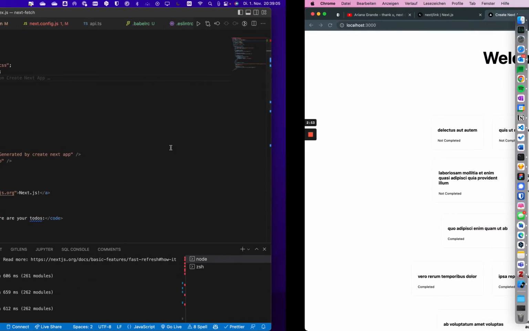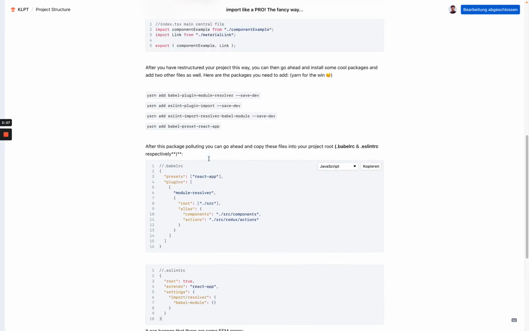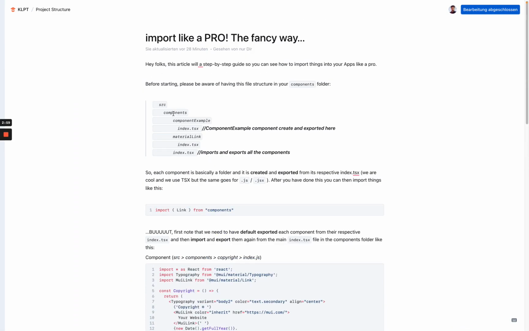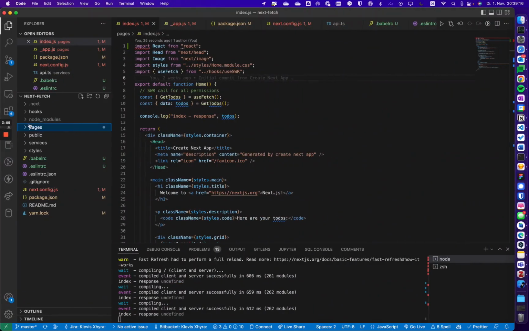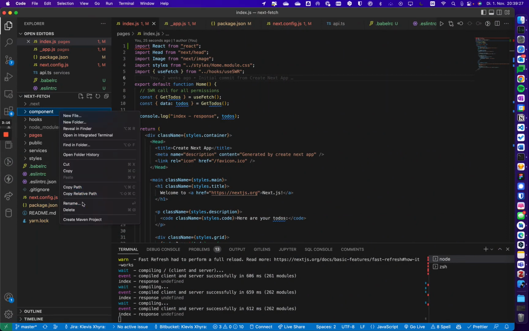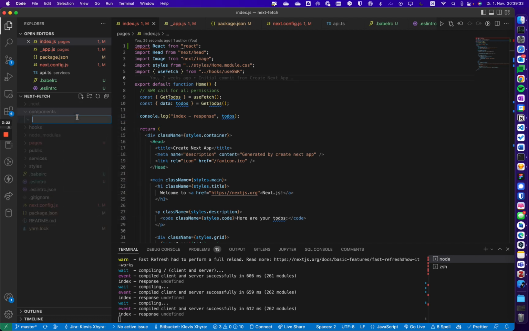So as I said in the article here, what we want to do is that inside the source folder, we want to create a components folder. So we have a source here, and then here we will create a folder called components, let me rename it, and then in this I want to create a folder, and let's say demo component, and then in this demo component I want to create a file, and in this file I'll call it